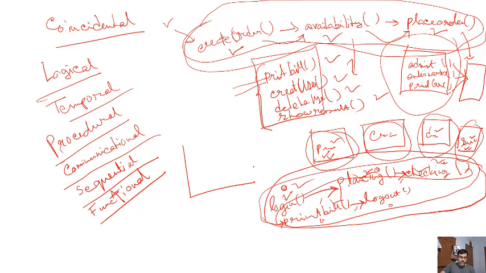In that case, we say that this is functional cohesion. For example, a module containing all the functions required to manage an employee's payroll displays functional cohesion. For example, compute overtime,